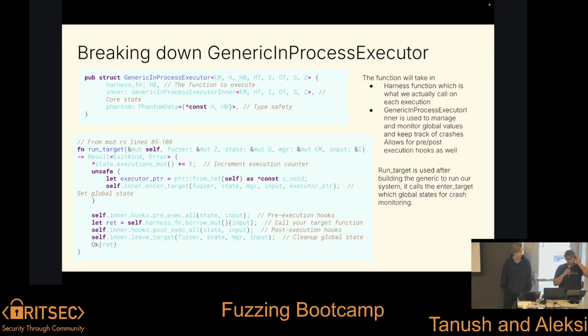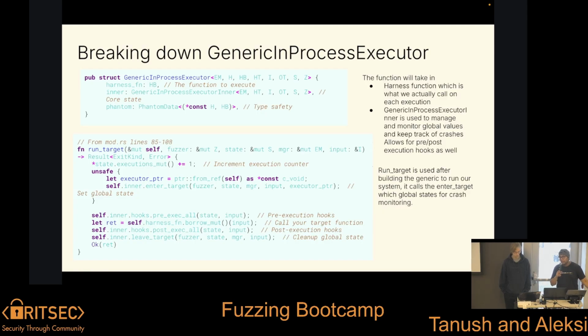This is a good example. Let's say you want to store some level of metadata before you execute a function on a process or a server. Let's say you're fuzzing a custom server written in C, and you want to save the inputs or what's stored on the website of the server, say for an IoT embedded router or whatever. Every time before you execute your target function, which is your harness function, you actually want to see what's on the website for whatever reason. You're able to do that.